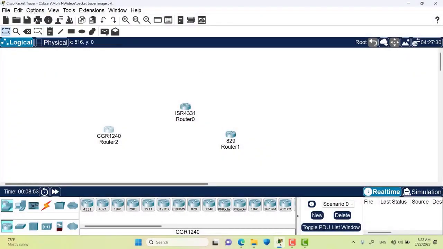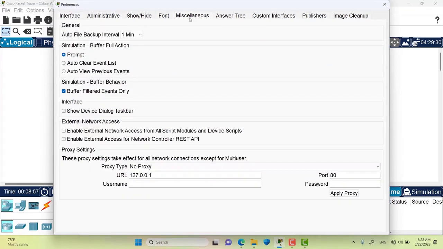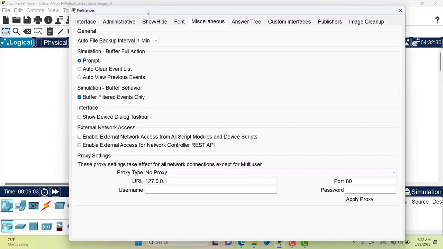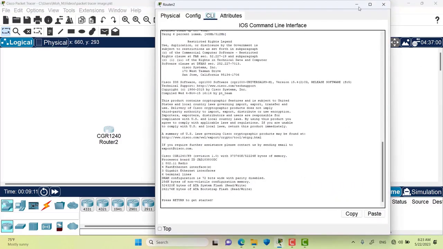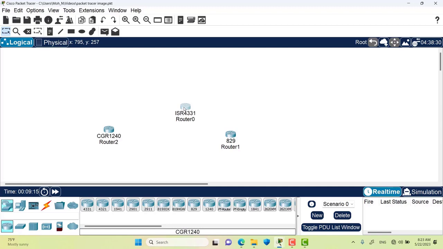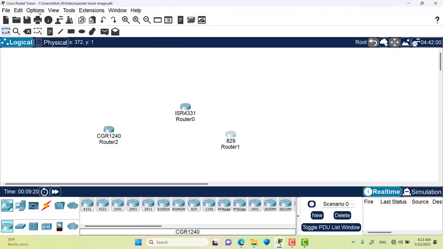In this episode we want to talk about one of the preferences in the miscellaneous tab, which is the show device dialog taskbar. Let me show you what device dialog taskbar means. So if I have a bunch of devices and I open each one of them, I do not close them but rather minimize. I will minimize this one as well, and I will open and minimize this one as well. Now if I go to preferences,